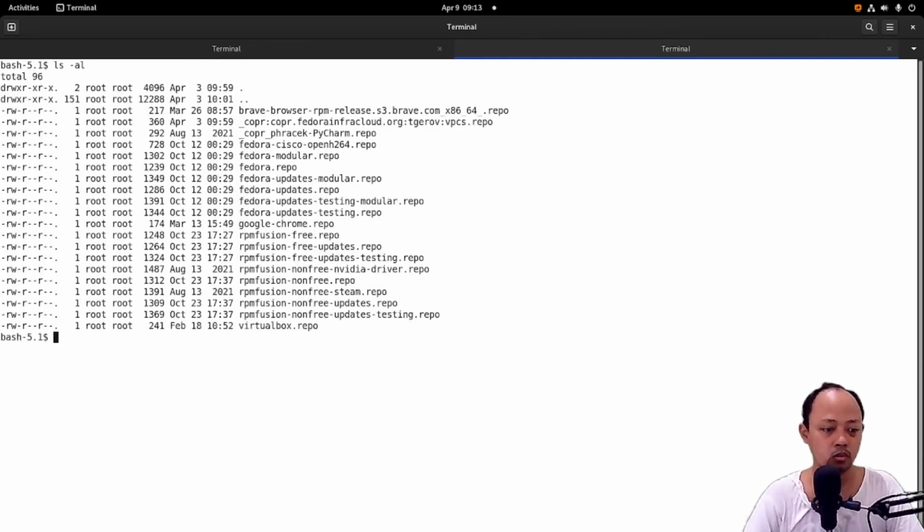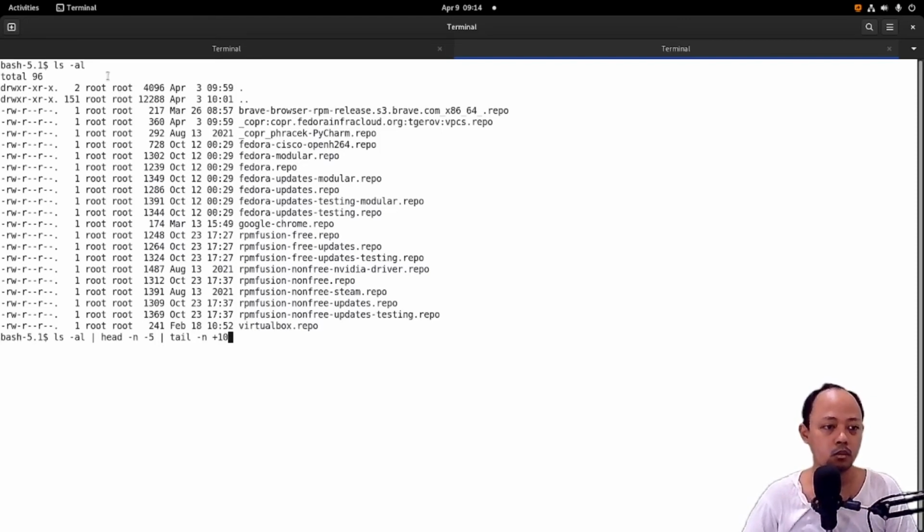So we will try to combine the ls command with the head command -n, and the input is -5, and then pipe with the tail command -n, and the input is 10.